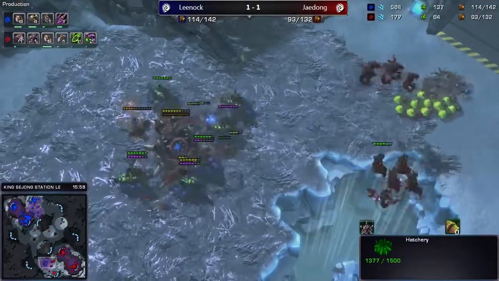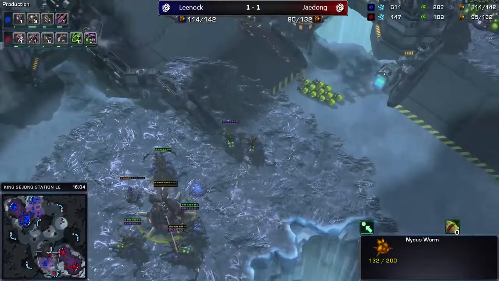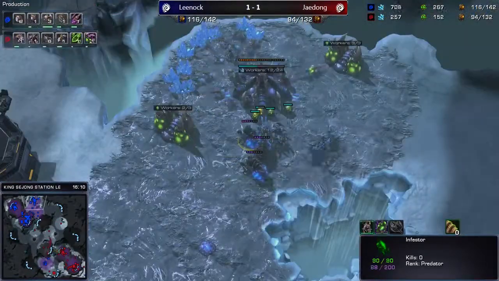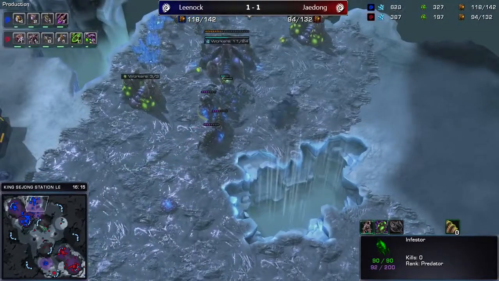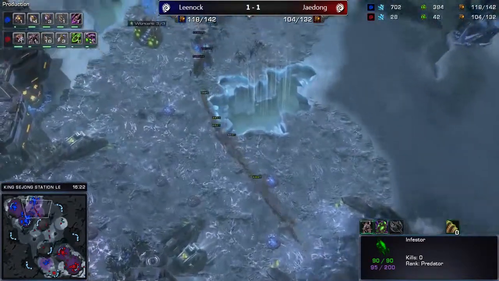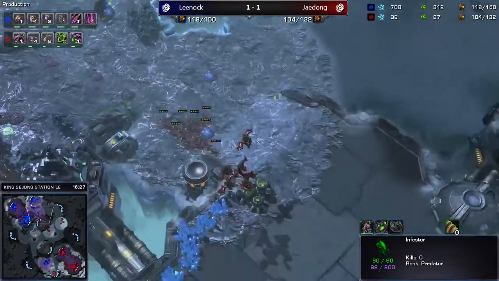And here are the queens again. Here come the Banelings as well. There are infestors. I think Leenock is hiding the infestors. He has infestors, right? He has Plunging Lens. He has 3 infestors. They're over here. Okay, well, Jaedong is going to try to go for a full-on counterattack, but I don't know, guys. I don't actually think that this is going to work. Maybe if these Zerglings can somehow stand on top of these infestors, he might be able to get something done,